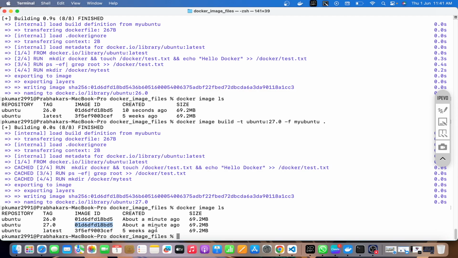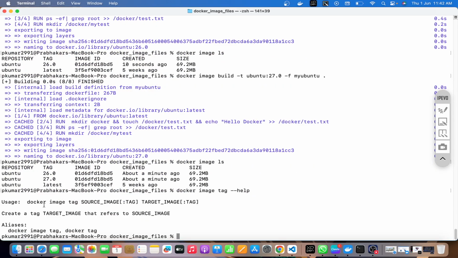Okay, so is it possible to tag an existing image? Yes, it's possible. Let's say we have an image id 27.0 and we want to tag it. So we can do that using a command docker image tag. So here you can see, we have docker image tag, then we need to mention the source image, and